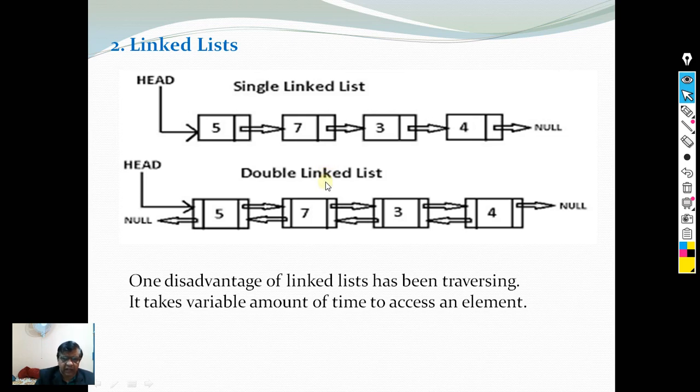Arrays will come with a static memory allocation. There may be wastage of memory, or at points we may reserve an amount of memory which may be exceeded when we take on programming or executing an algorithm. In such a case, there could be a problem. The program may not work. If you try to fill in a number of elements which is much more than what has already been declared, then it's going to give trouble.